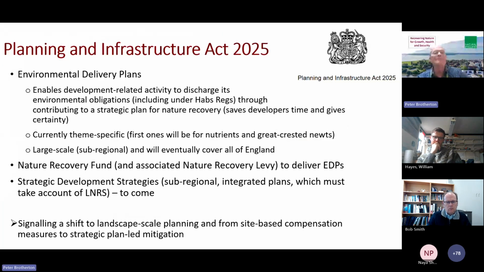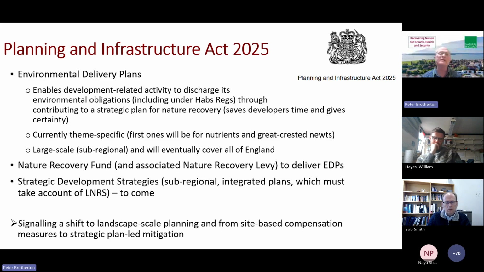Most recently, just last year, we had the Planning and Infrastructure Act, and this introduced some really important new things. And I'm not going to pretend these aren't controversial; they are. But I'll perhaps just discuss a few of the measures that come out of that act. Firstly, they introduced the, I won't say concept because we're busily working on them, but they provide the legal mechanism